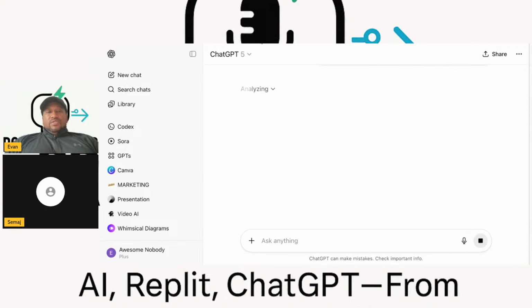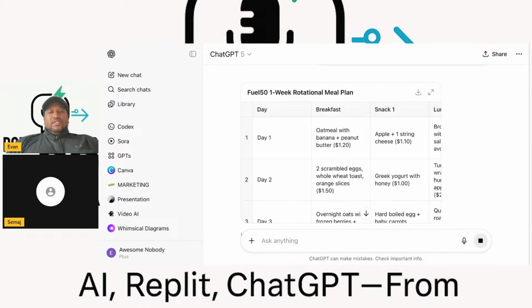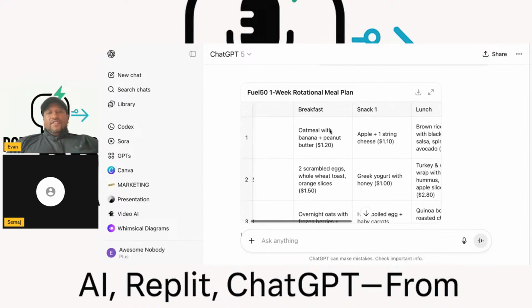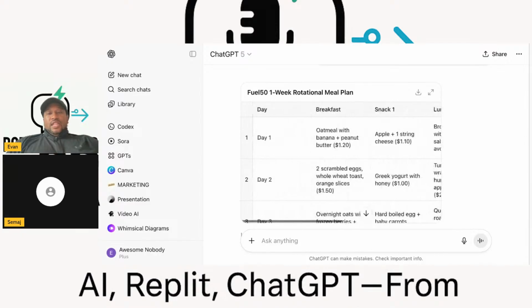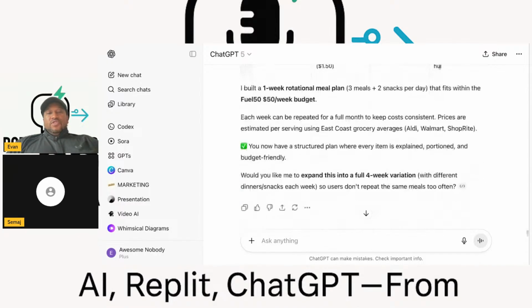All right. So this is pretty much an example of how you can use ChatGPT to create a whole thing. Now, the next step after this, once we get the meals, is we have to create the app. So after this, we'll go into Replit. We'll give you an example of what Replit looks like. So here's a meal plan: breakfast, snack, lunch, dinner. Also, it goes through the first 30 days, right?